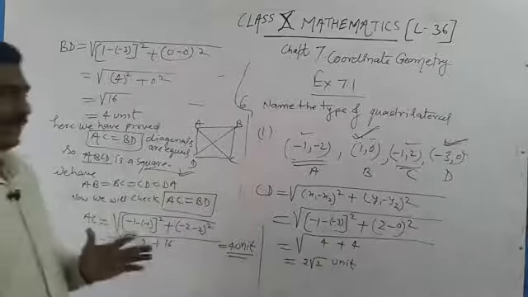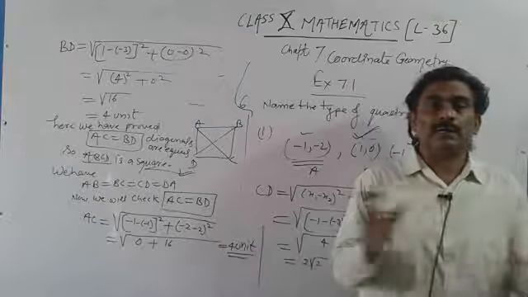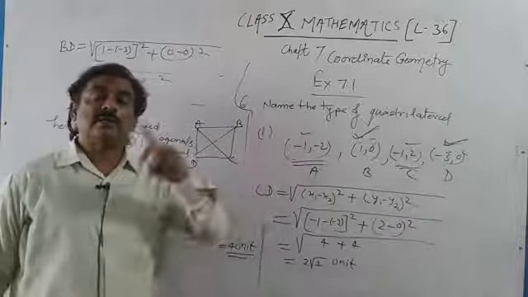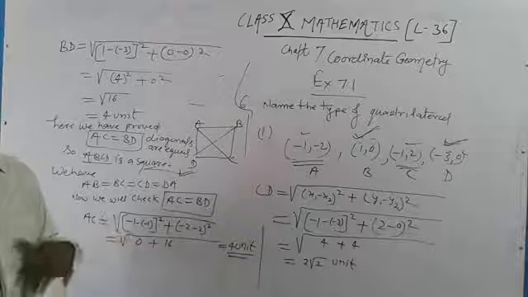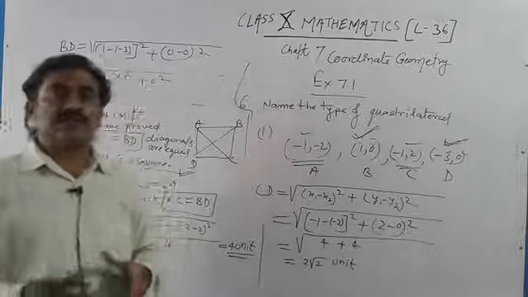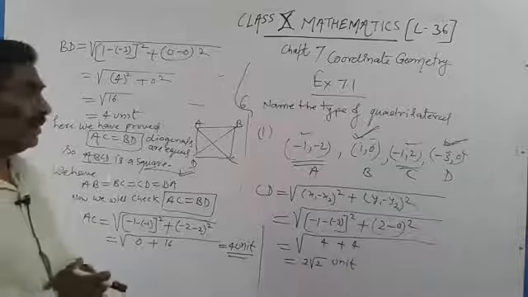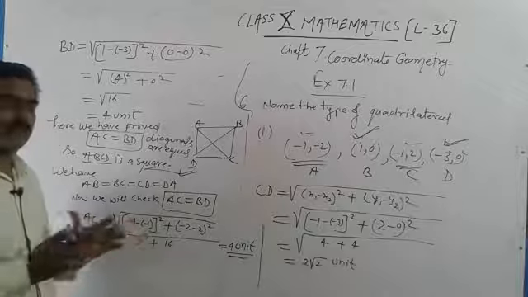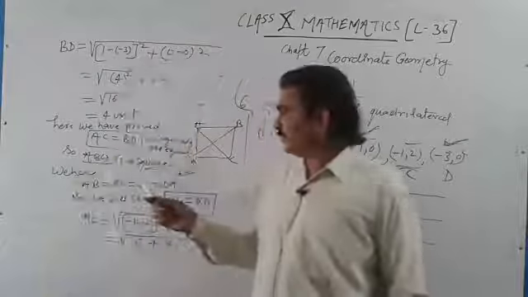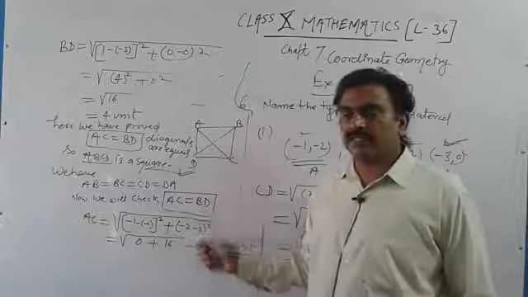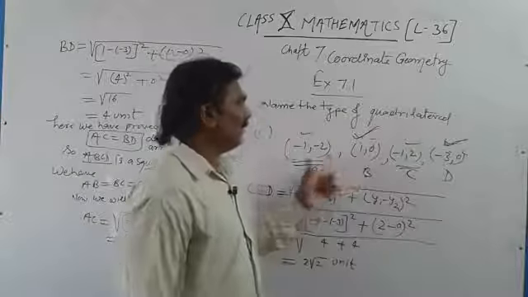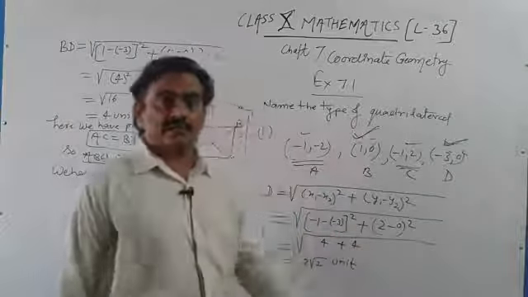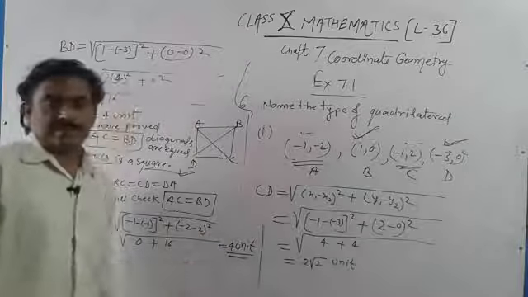So to prove square, first of all we have to find that all sides are equal. Then we know that in two cases, in case of square and in case of rhombus, all sides are equal. Then how will we justify that given points are rhombus or square? So for this purpose we have to find diagonals. In case if sides are equal and diagonals are also equal, then we can say certainly the given points are the vertices of a square. So the name of type of quadrilateral is square. Okay students, right.